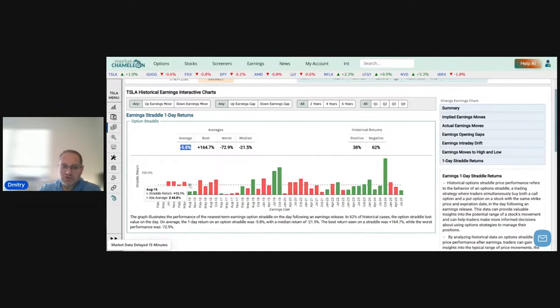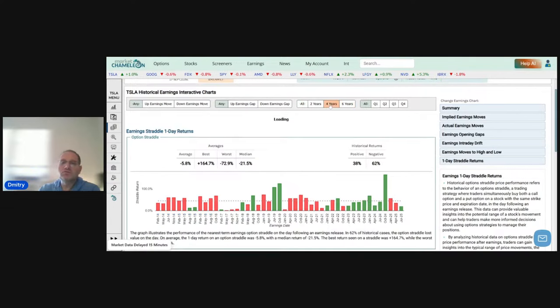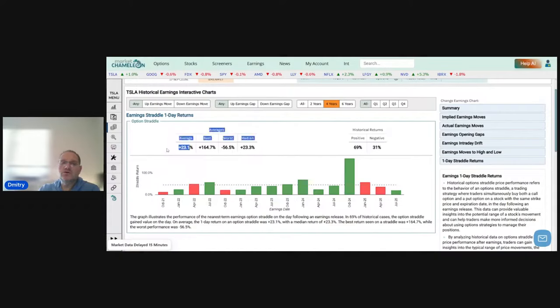Okay, so you can see a bunch over here between 2014, 2016. We had a lot of negative returns. They tended to be overpriced. That kind of started to change over time. Okay, if we took a look at 4 years, then we had a positive 23% return, with 69% of those straddles positive. So you could see here that the more recent data has shown us a much different picture,